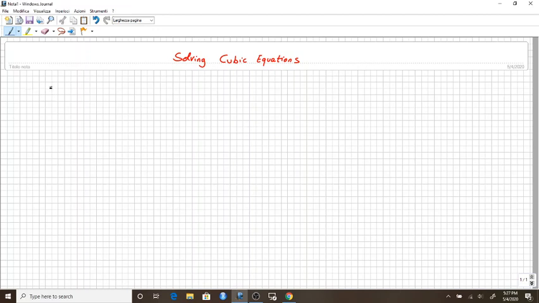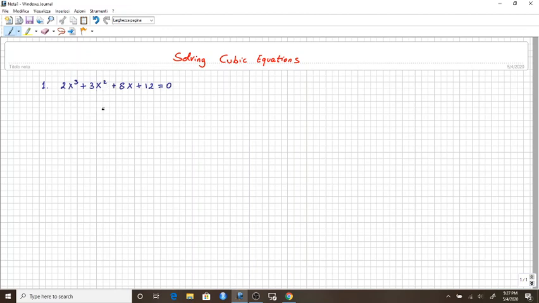Okay, so here we have example number one. So we have 2x cubed plus 3x squared plus 8x plus 12, and then we're going to set this equal to 0. So just a reminder, solving means find the values of x that are going to make the left hand side equal to 0. Alright, so in order to do this by factoring, what we're going to do is we're going to group